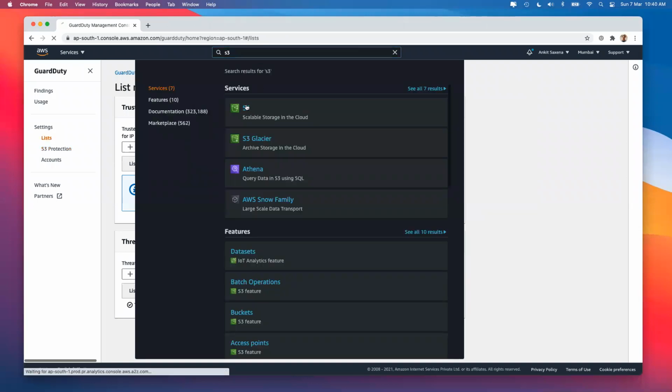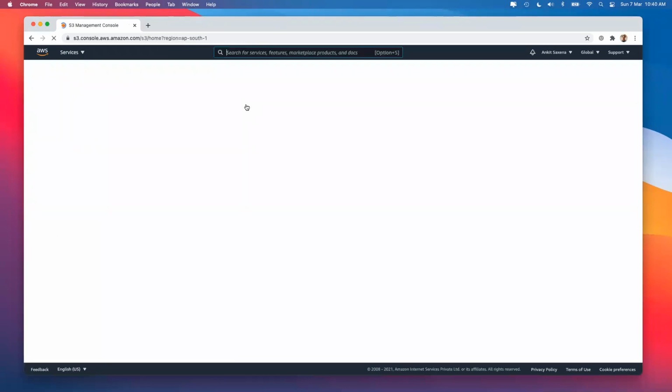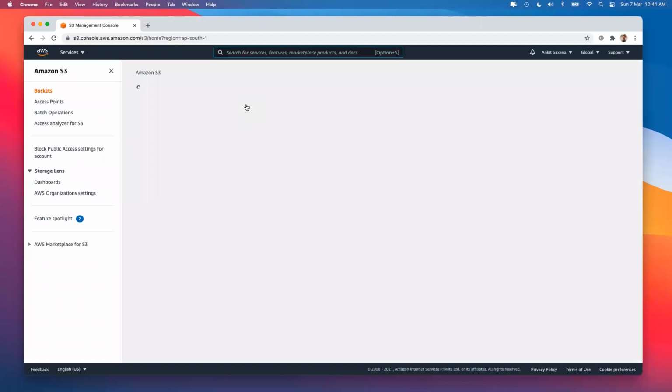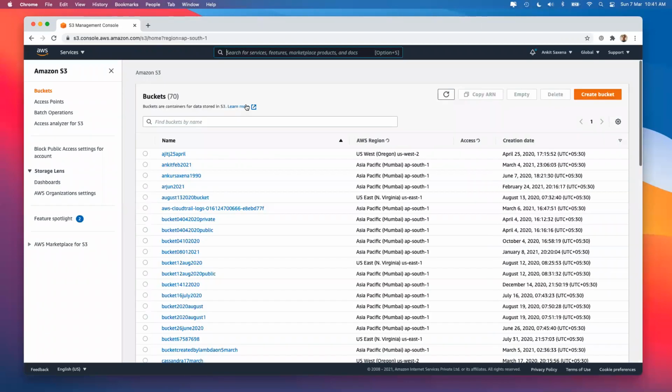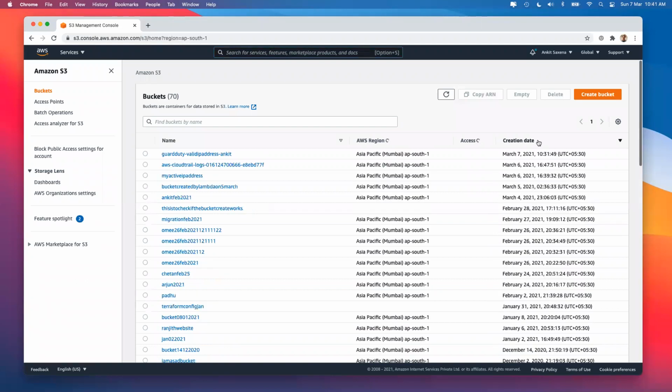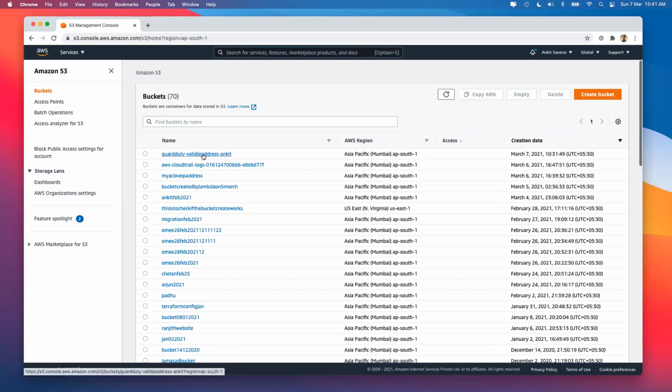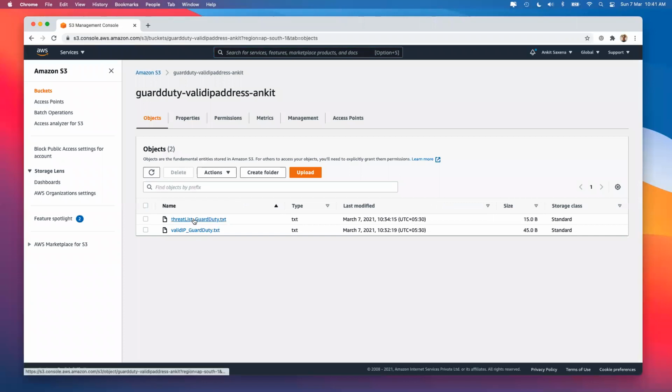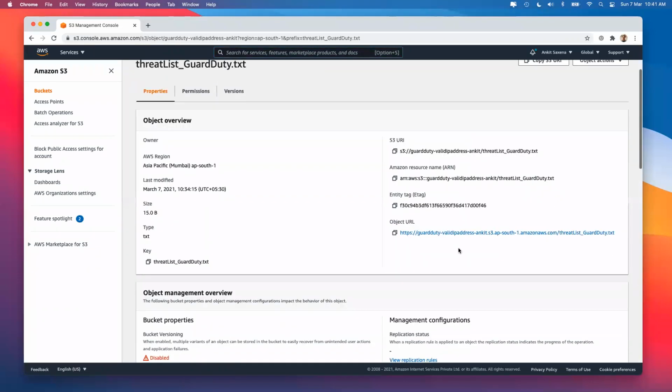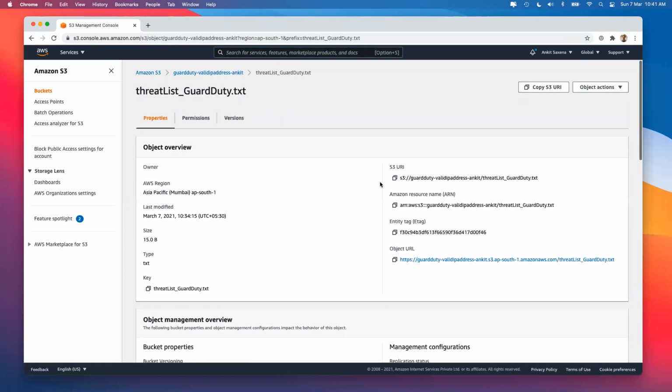Let's go to S3 first of all to confirm that the IP is indeed my IP, which I am logging in from. And once done, we will go and see the findings, where we should start to see that AWS will tell me that there are certain findings or some security issues in my machine. So let's click over there and I see the threat list underscore GuardDuty. Now, please remember, if you open this as it is, it's not going to show you anything. The reason is this is a private bucket and a private object, so it's not going to show like this.